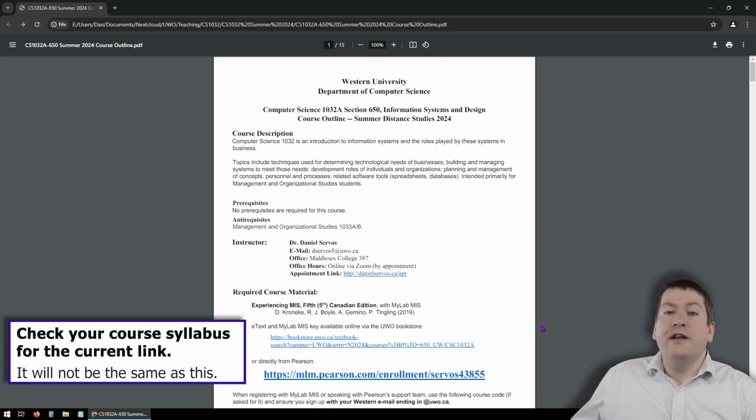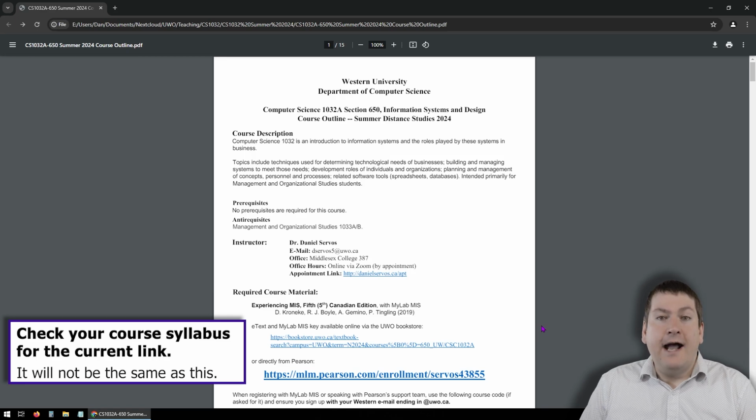And also, you're going to need a few things to purchase the textbook. You're going to need to know your Western email address. That would be the same email address that you use for all your Western communications, and it ends in @uwo.ca. You're also going to need a way to purchase your eTextbook. So you can use a credit card, PayPal, or an access code that you purchase from the bookstore. So if you don't have a credit card or PayPal, you can always purchase an access code from the bookstore